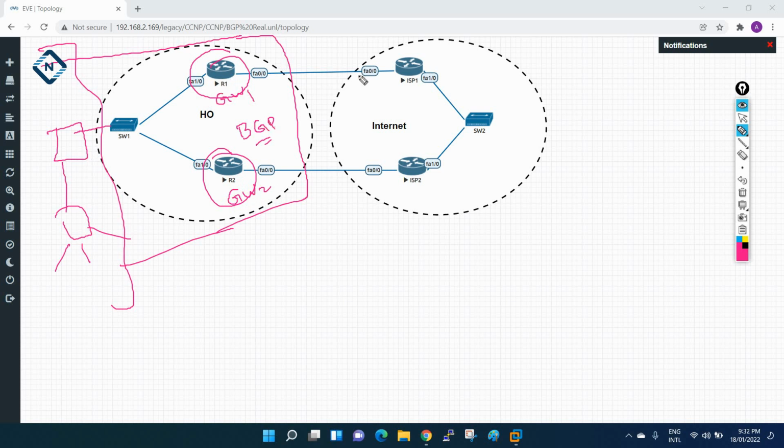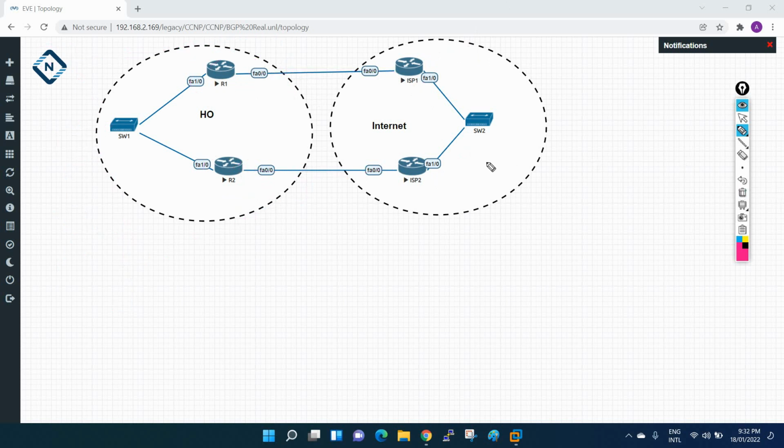We have ISP1 and ISP2, imagine STC and Mobily. We have taken internet from two service providers, this way and this way. Now we are going to configure BGP.